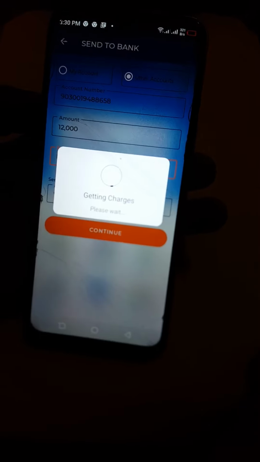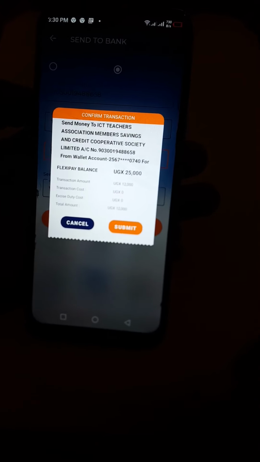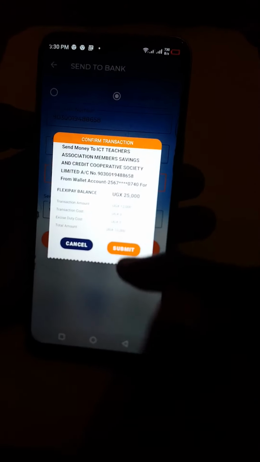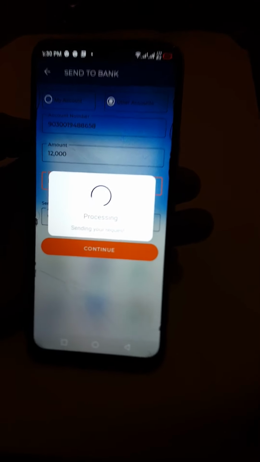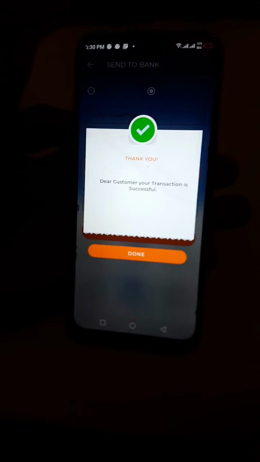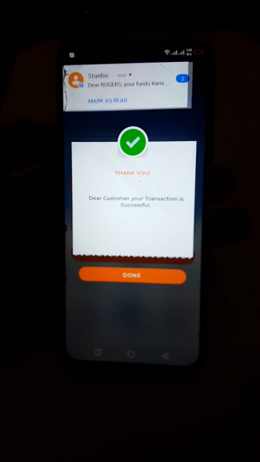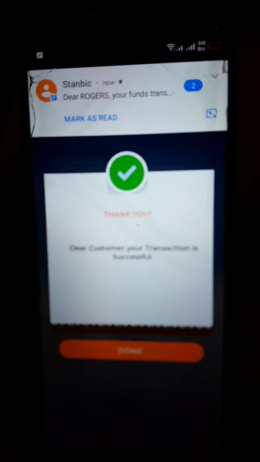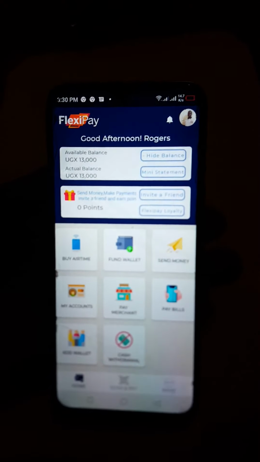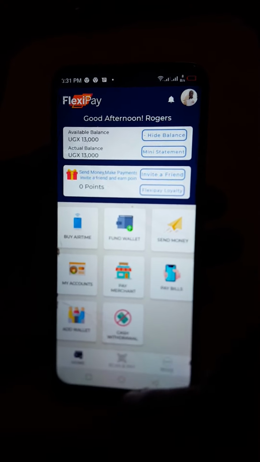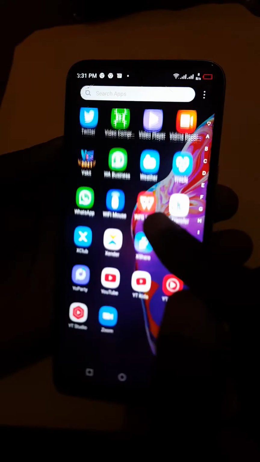So from there, it will validate and it will tell you that you want to send this money to that, and the total amount is Mubiri, and you'll be able to say done. Congratulations, you have managed to send to bank. So you had 25, so you have managed to do some savings, and you have sent money to, and you